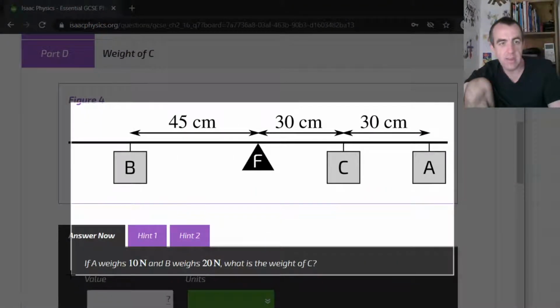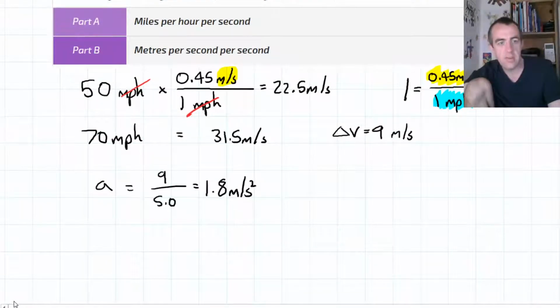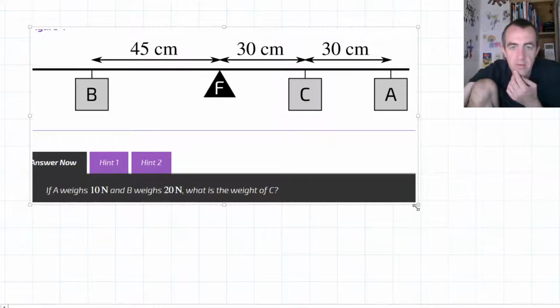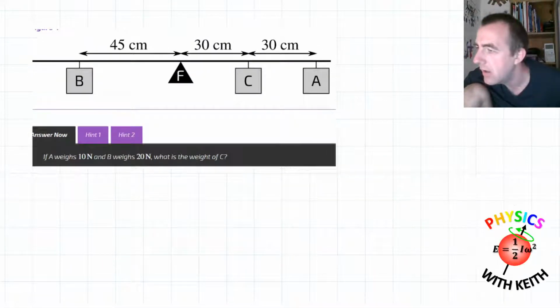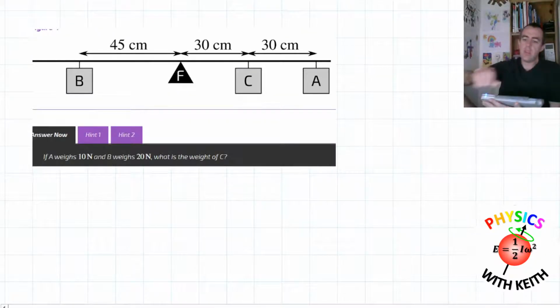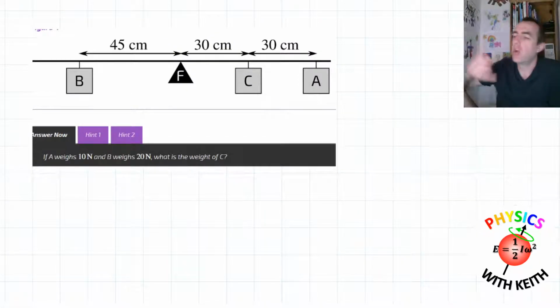Actually writing something down. Let's take a little screenshot. Paste that there so I can draw on it, and I might have to shrink this a bit to give myself a little bit more room. Hopefully that text is still visible. So let's start with the principle of moments, and that's that the total moment clockwise will equal the total moment anti-clockwise if this thing is balanced. In other words, if its rotation isn't changing. In this question, the rotation isn't changing.